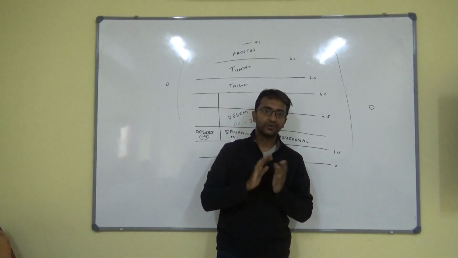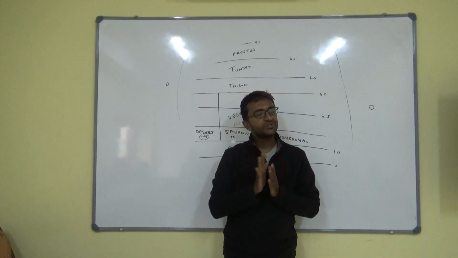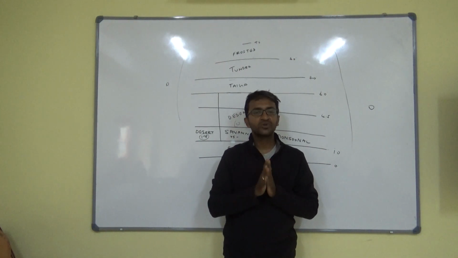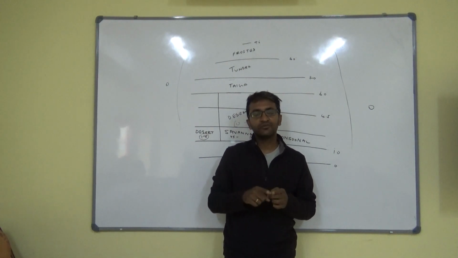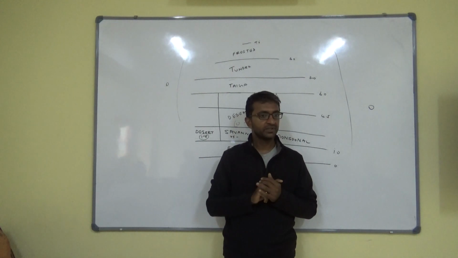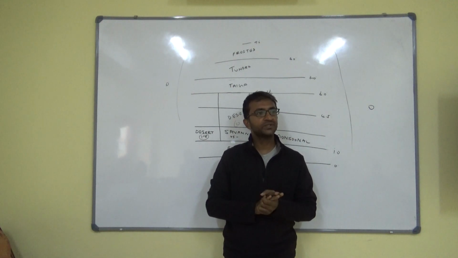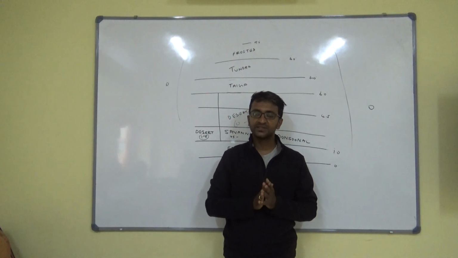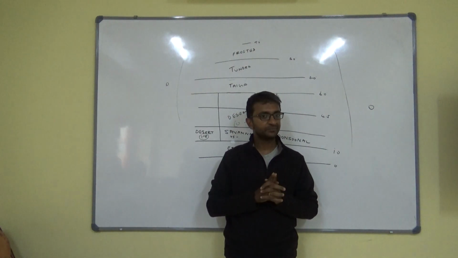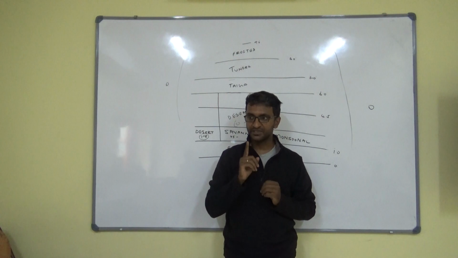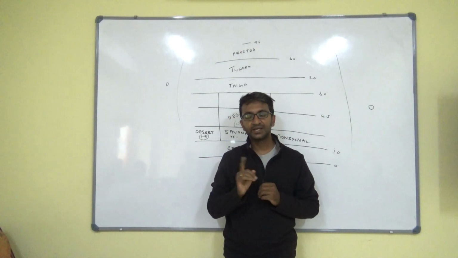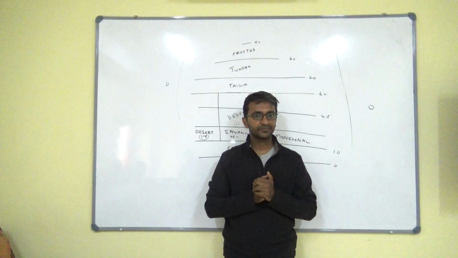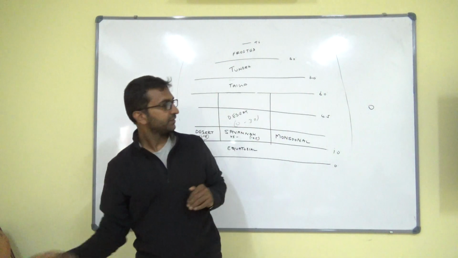In these two water bodies, the temperature is more or less always low because it's a huge water body, right? It takes a lot of heat for the entire water body to get heated up, right? So the temperature in this water body is more or less always less when compared to the land. So what happens? There is a presence of a high pressure cell in the Atlantic Ocean and in the Pacific Ocean, right? Right in between, say,